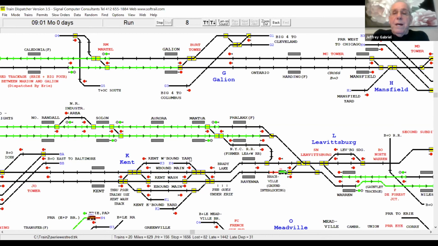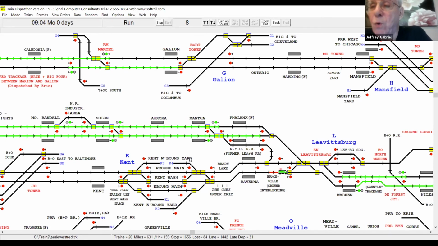Now, there's a companion program called Track Builder. I don't recommend that people buy Track Builder until you've operated these territories yourself and you see if you like it or not. Track Builder is a little more of a computer programming type of program.